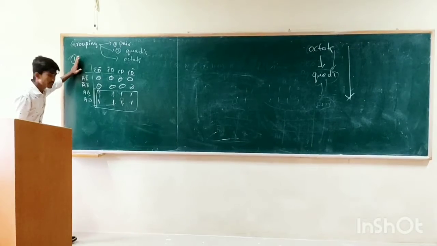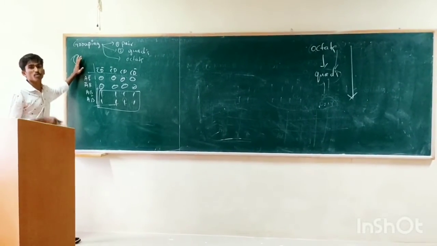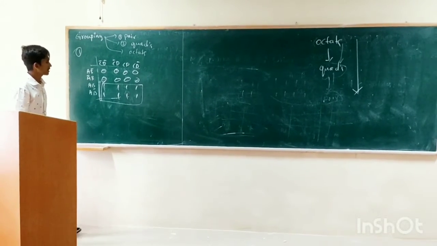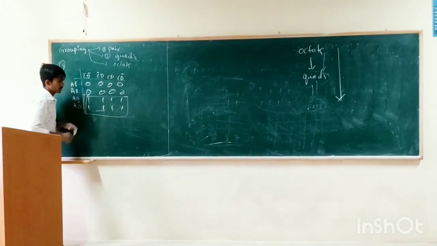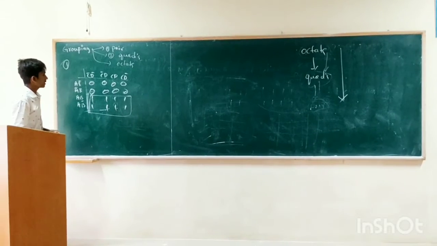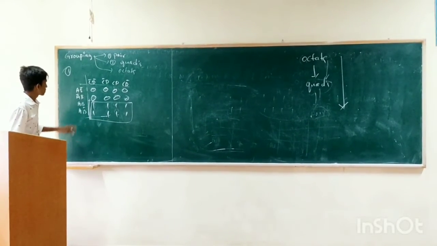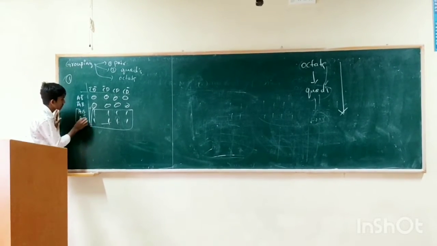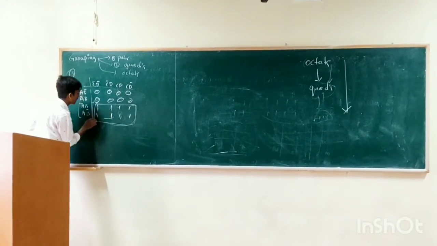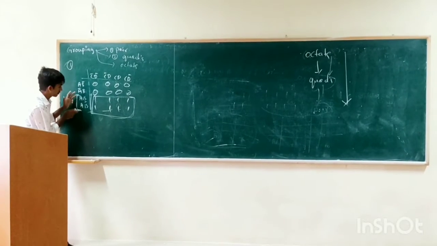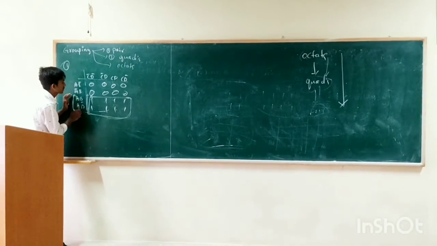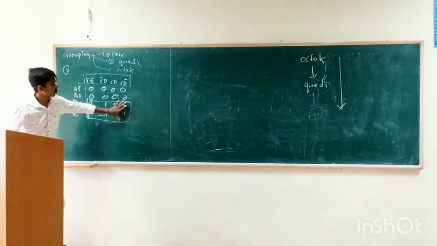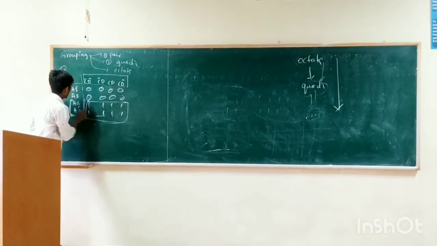From these, we want to write the sum of product expression. How to write the sum of product expression? For example, I will take this one. Just consider this expression. This group has fundamental products, and this one has 4 fundamental products. For this group, the fundamental products are this 4 and this 2.